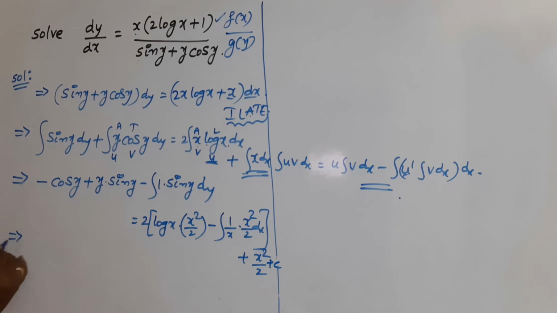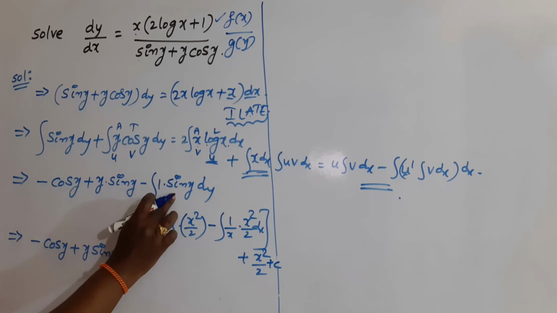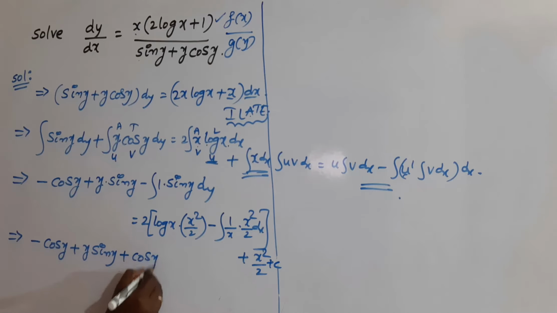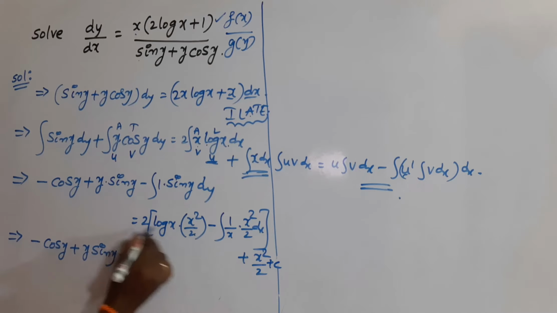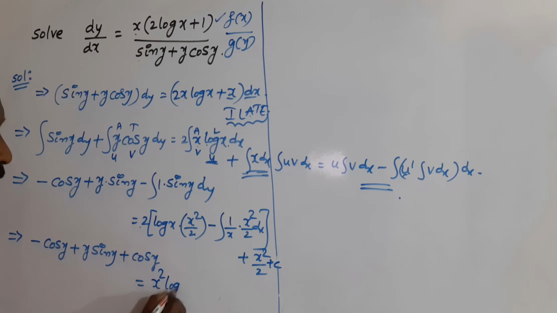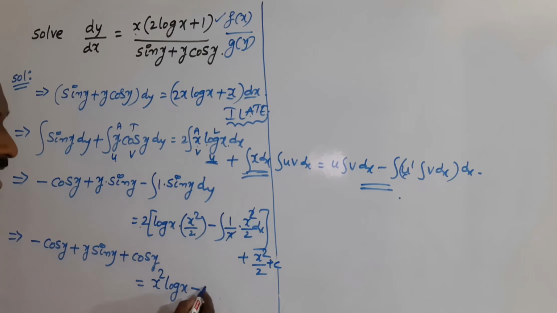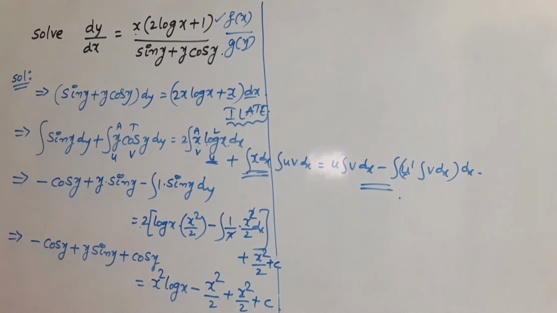Okay, c minus cos y plus y sin y, and the integration of sin y is minus cos y. Already minus is there, so you will get plus cos y. That is equal to, take this 2 inside, this 2 getting cancelled, simply you will get x square into log x minus, here 1 x getting cancelled, integral x by 2, 1 by 2 is the constant, and this 2 getting cancelled, and integral x is x square by 2 again, plus x square by 2 plus c.